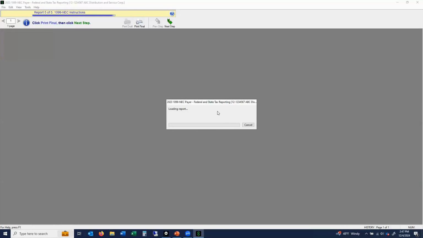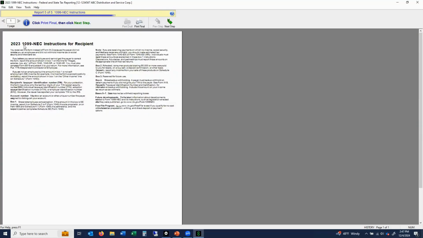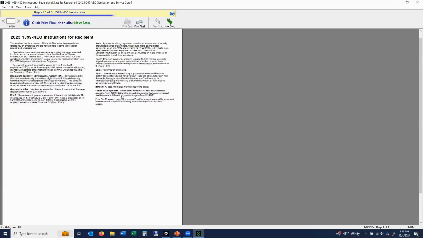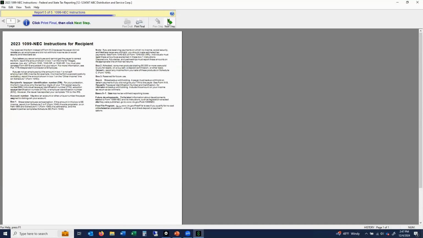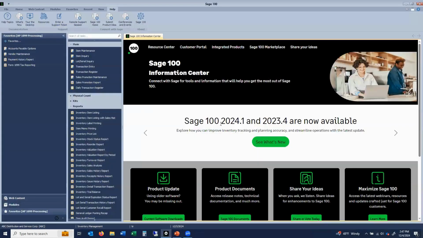And then lastly, if you bought some pre-printed paper and it does not already have the NEC instructions on the back, then you can print this and include it with their copy. If it already had it, then you can just skip this. Okay, so at this point,